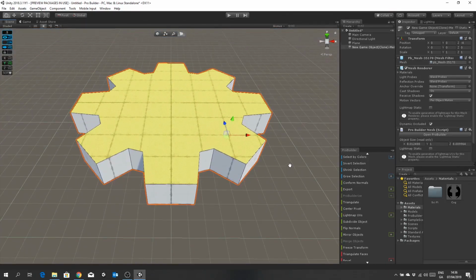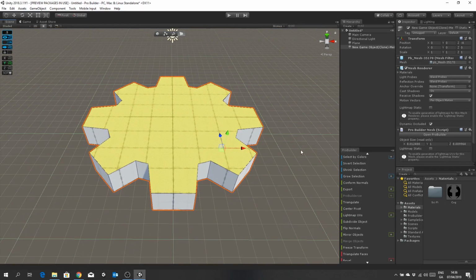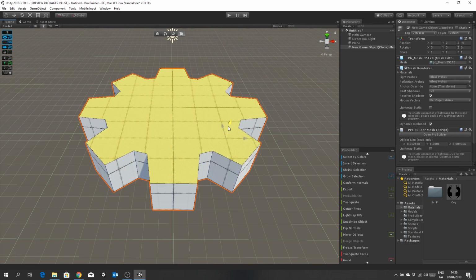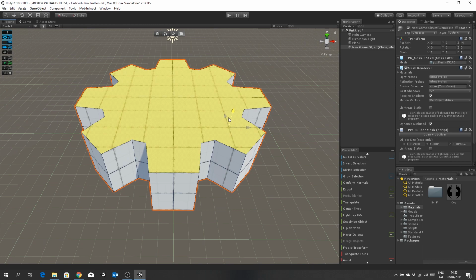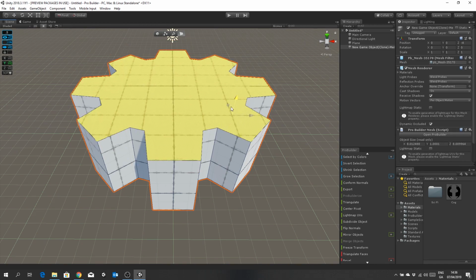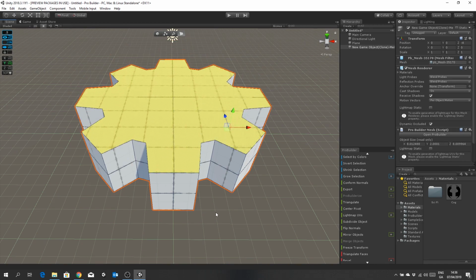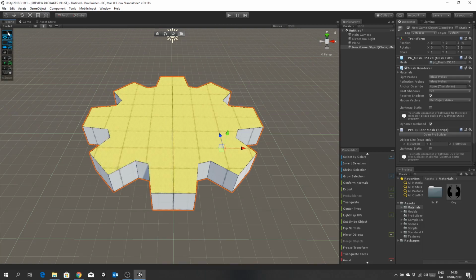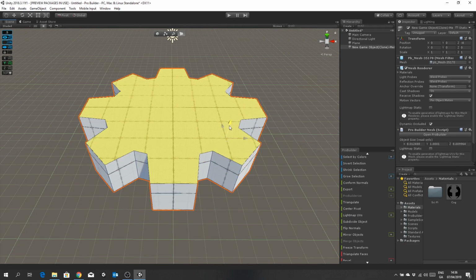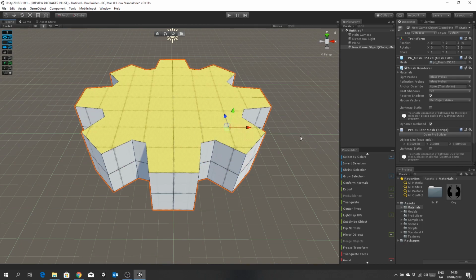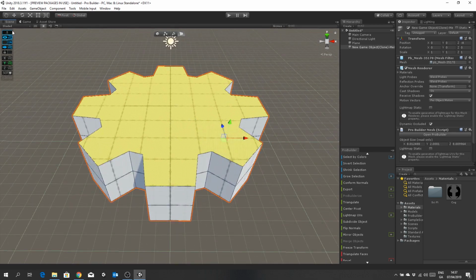So let's look at the extrusion tool. If you hold down Shift and drag any of these polys, you can actually extrude, and you can see that by the markers here, that you're extruding out depending on whatever snap tool or snap increments you have set here. So if I hold down Shift again and drag,